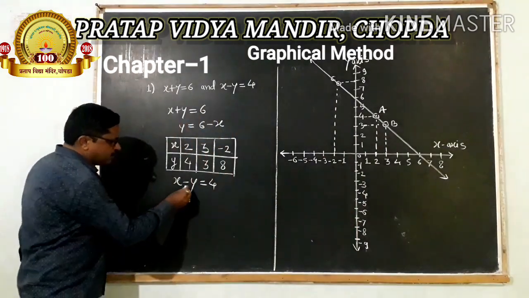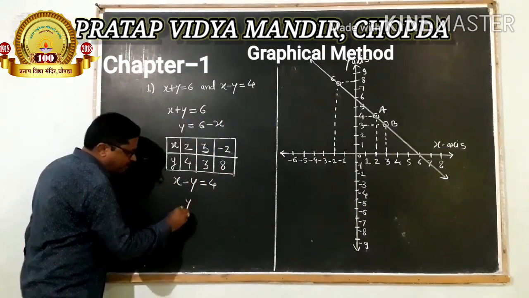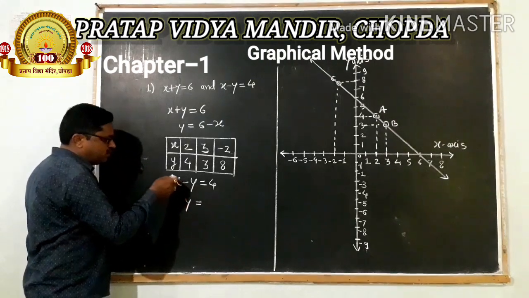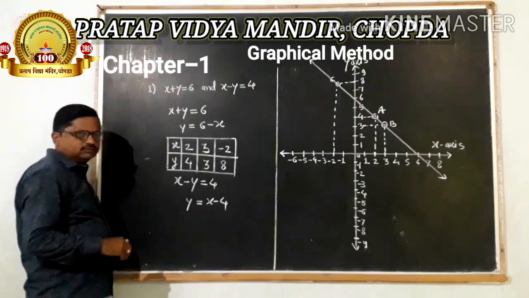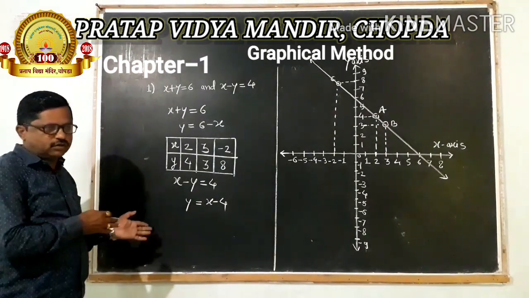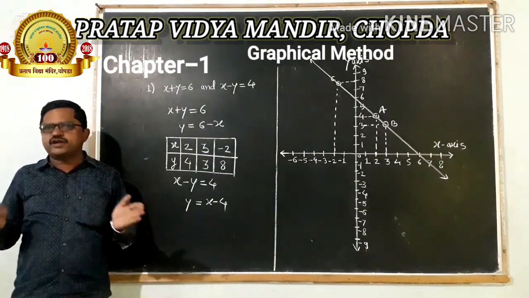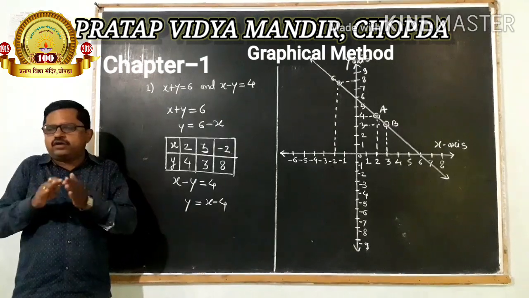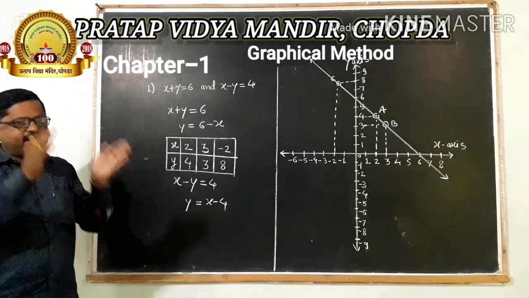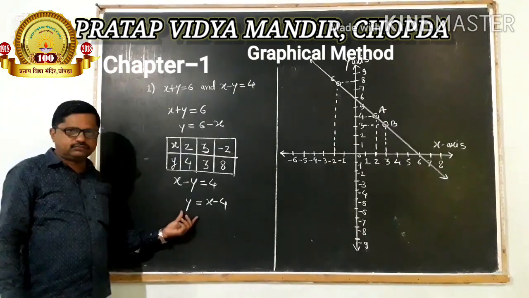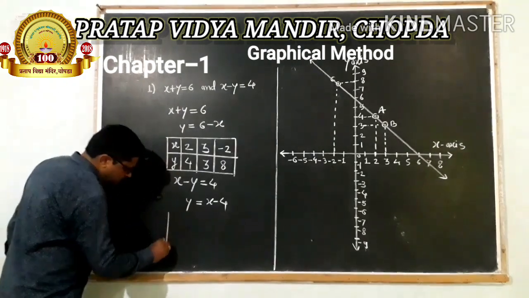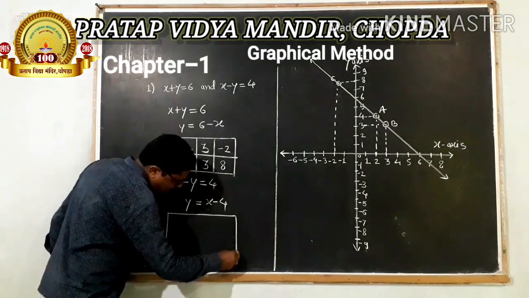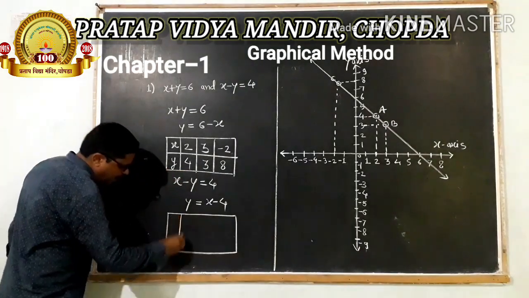So you will get minus y will become plus y is equal to x minus 4. Now in this equation both x and y coordinates are separated on the left hand side and right hand side of the equation. Dear students, now prepare a table for the values of x and y coordinate like this: